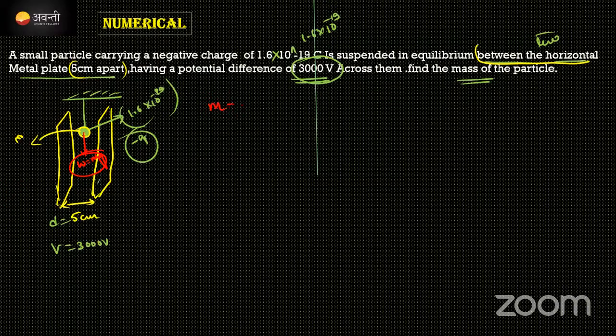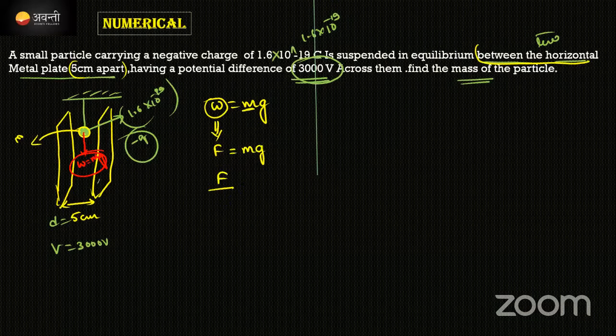Sorry, W is equal to weight. W is equal to m into g. Mass is here, and we have to calculate it. W is nothing but force. I am going to write force is equal to m into g. I will take g to the left hand side, then it becomes F by g is equal to m. That's all, we have mass, but we need to put in values.